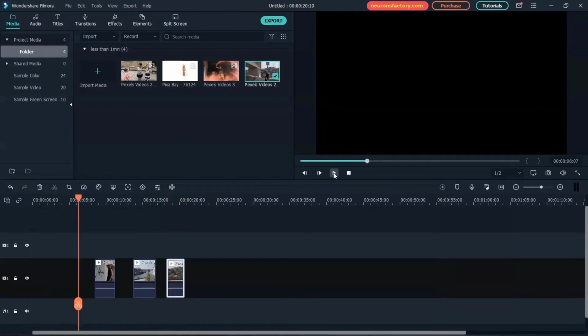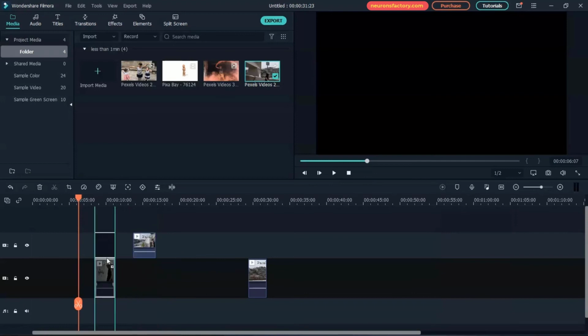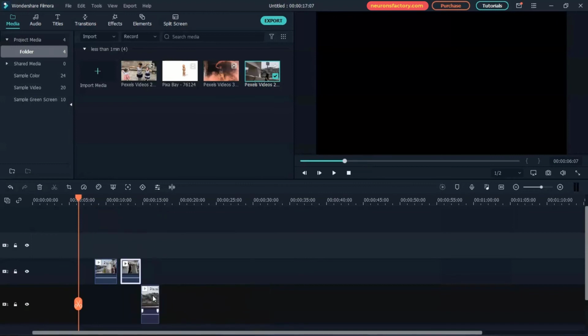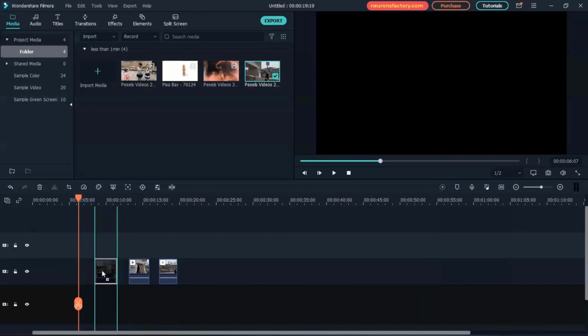All media assets you add to the timeline can be easily moved from one point to another by clicking on them and dragging them to their new position on the timeline. When you move clips in the timeline, they get snapped to the in and out points of the other clips and the playhead.